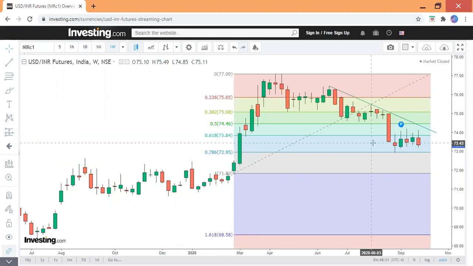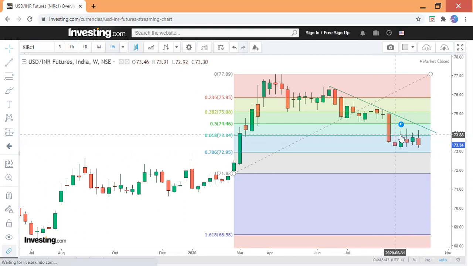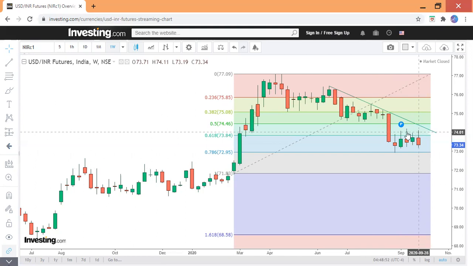So we are having support since the last few weeks, since the last month we are looking at the support at 73. And one more thing is, at the higher levels on the 74 side, we are seeing stiff resistance. We are seeing candle formation like this. The candles are having shadows on the upper side. That means there is a good seller who does not want USD INR to move on the higher side, and they sell USD INR from these 74 levels. So the USD INR is trading in the range.